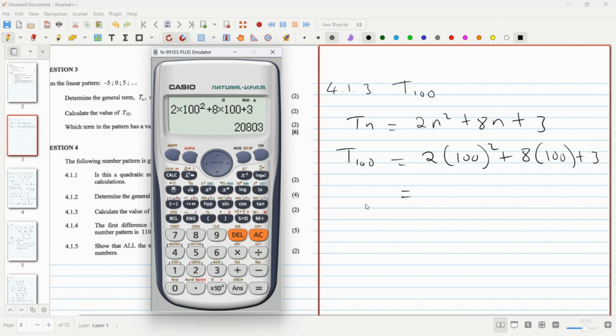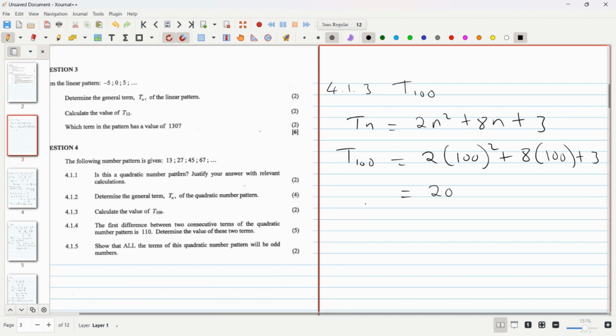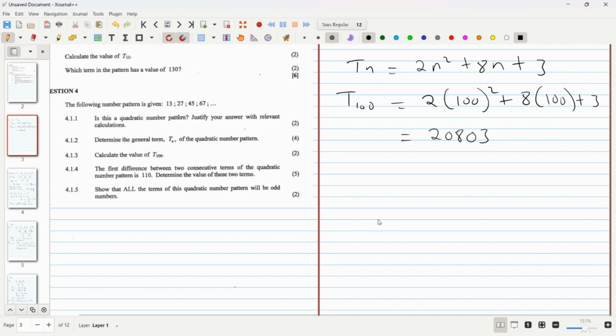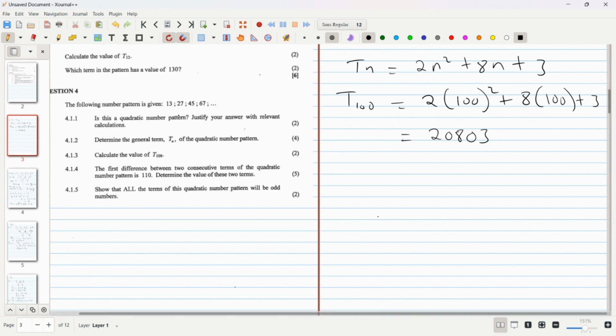Okay, so we get 20,803. So this will be our value for T100. Okay, so moving forward to